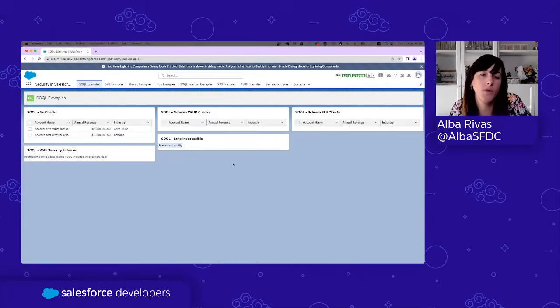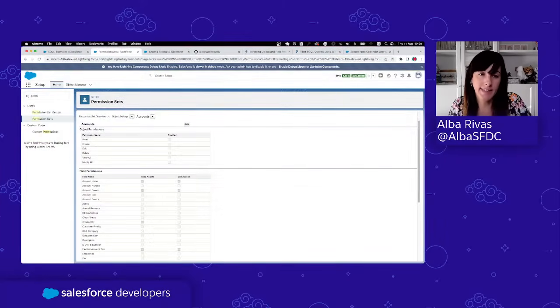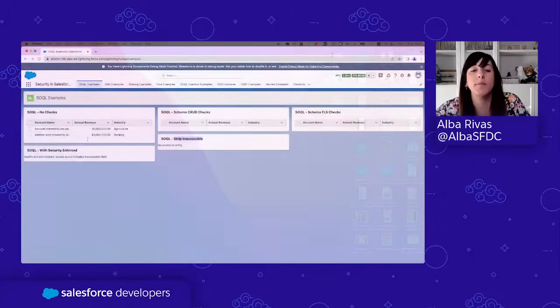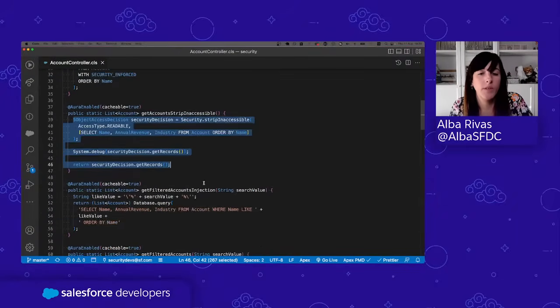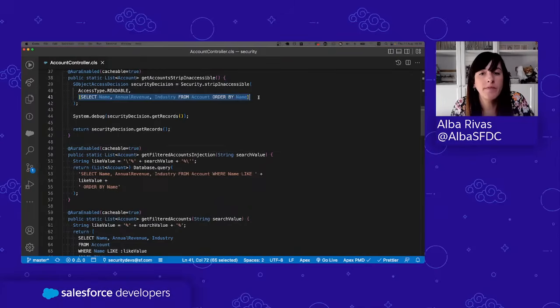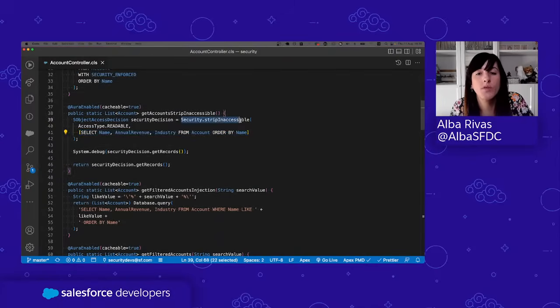In this component here, we're using the strip inaccessible, and what happens is that as my permission set doesn't give me read access on the object, it is simply telling me that you don't have access to the entity. This is the code for that, okay? What we are doing is performing a query. We are stripping the inaccessible fields, filtering by the access type readable, and then that method returns an object called security decision,